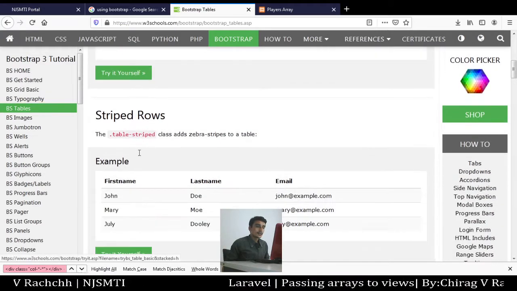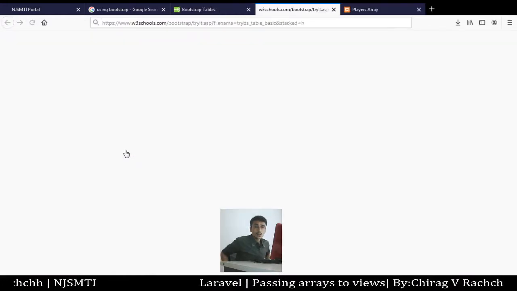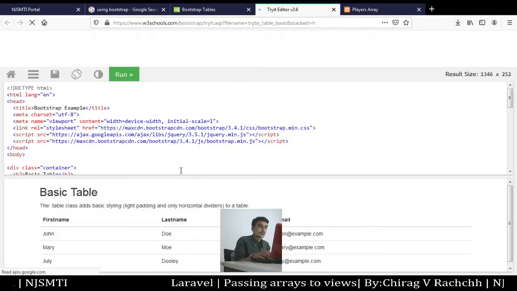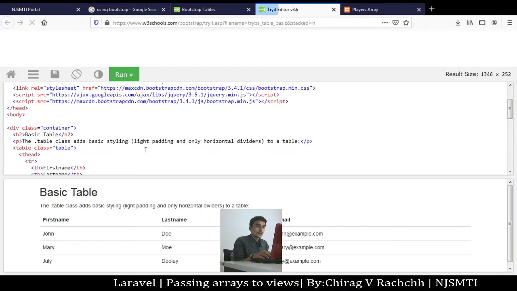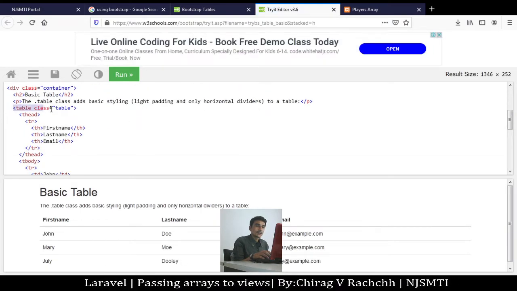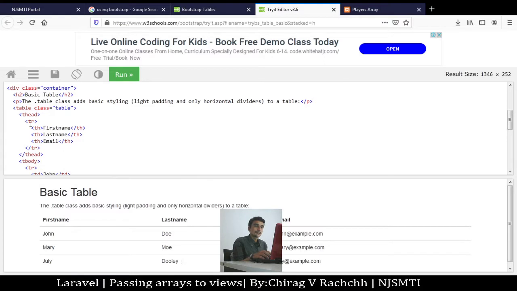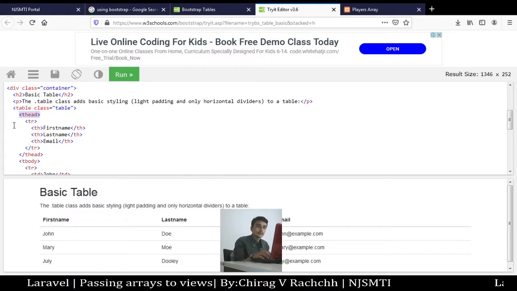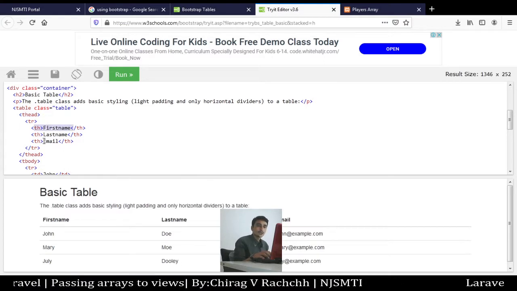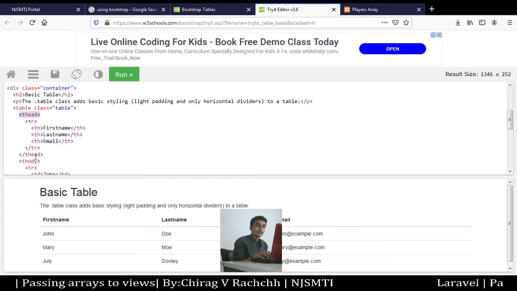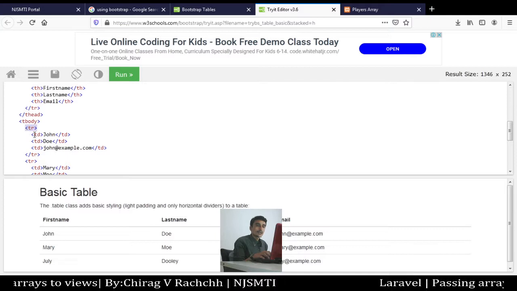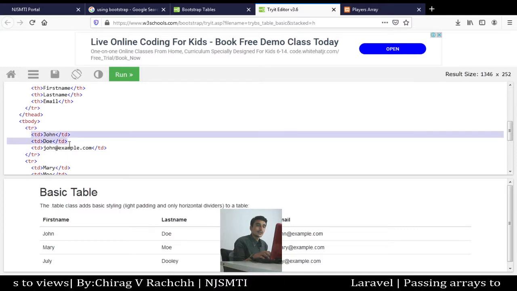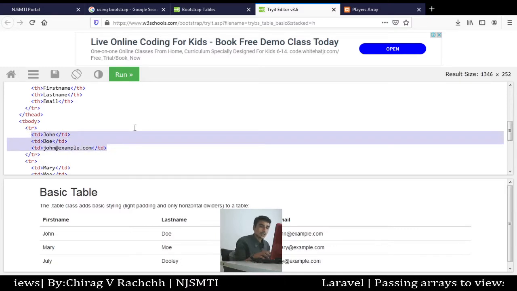Let's look at the code and how it is to be written. To use the table class, you have to write class equal to table, and then the header, that is the heading for the columns, thead, then tbody, where you will write tr for each row and td for each cell or each column of the table.